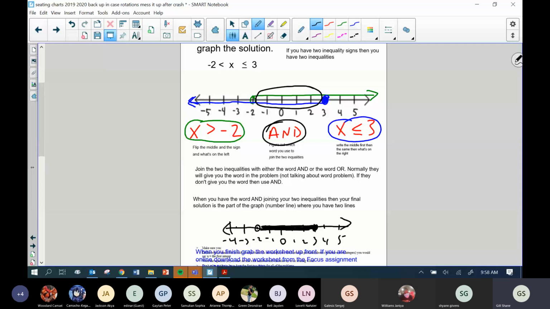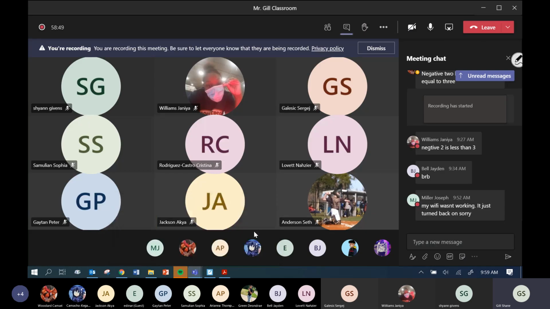This graph up above is not my final answer. Don't just do that and then leave. You need to create this graph at the bottom when you have the "and" word. If you have an "or" word, you can actually leave just the original graph as your answer because, and I'll explain that later, but basically when you have an "or," either of the two inequalities is okay as long as we meet one of them. So that means your solution set, we did this last class, is either of the two. So you can just leave both of them on the same graph. And again, I know this is a little confusing, but when we do the worksheet,